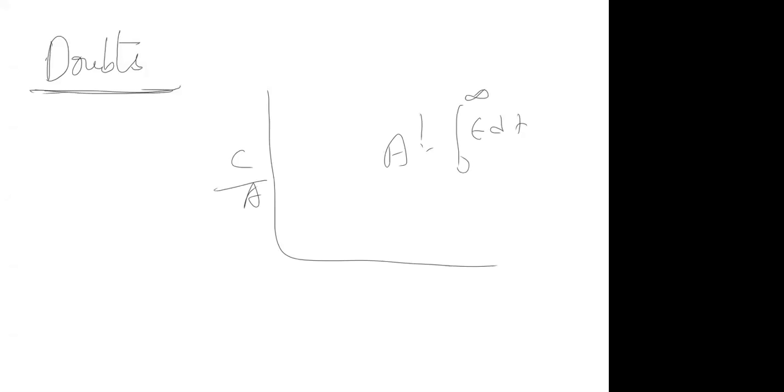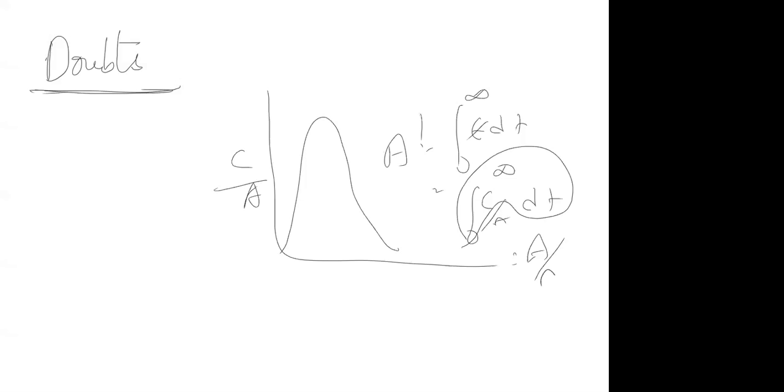Area under the E curve is 1 because you divided, this is how you translate the C curve to the E curve. C divided by A, no? So if you calculate the area, which is integral E dt from 0 to infinity, what is E? Nothing but, the curve shape remains same, C divided by A into dt. What is C divided by A? Which is nothing but A by A, which is 1.